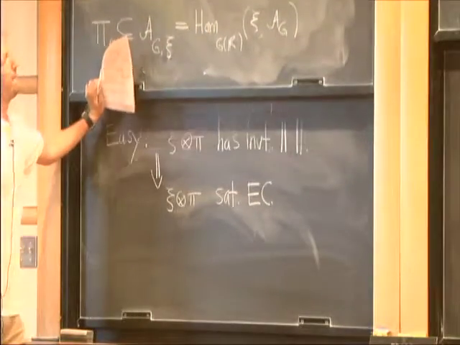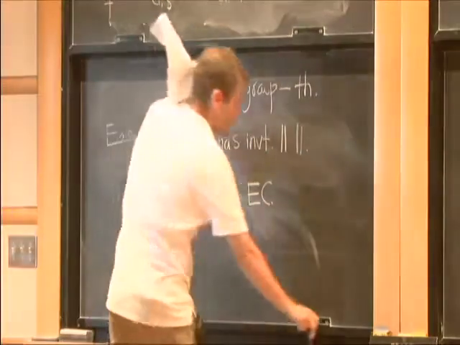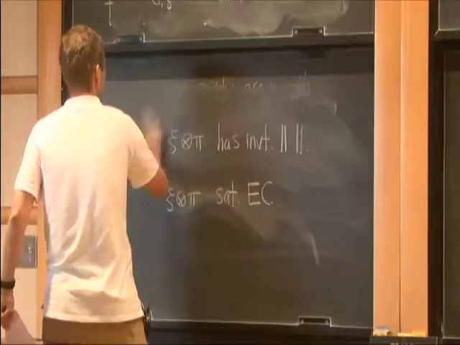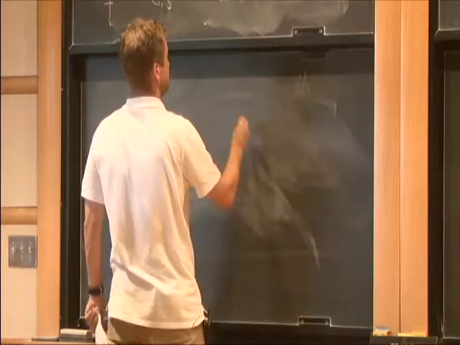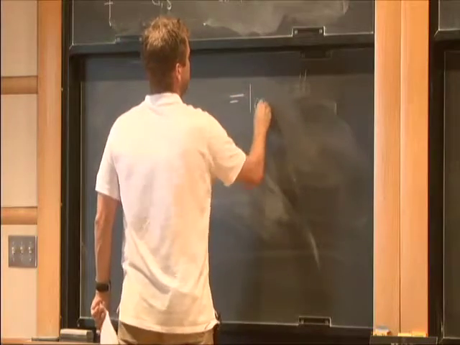And that's a smooth representation. So this is really just a direct limit or union